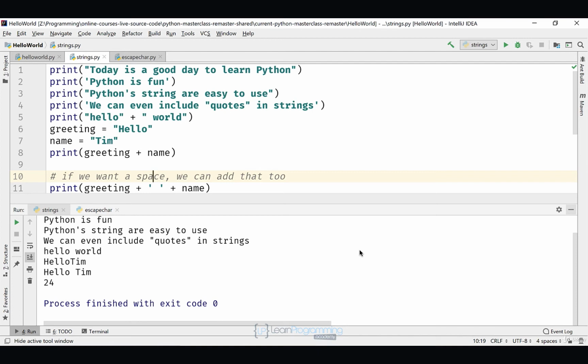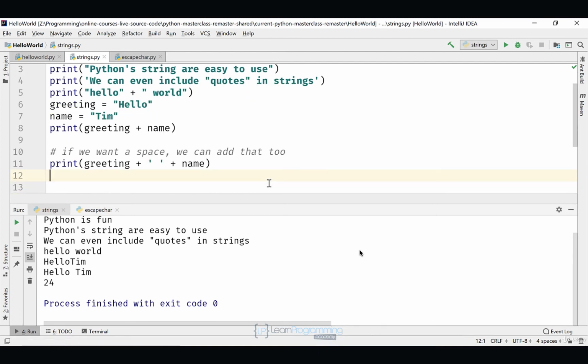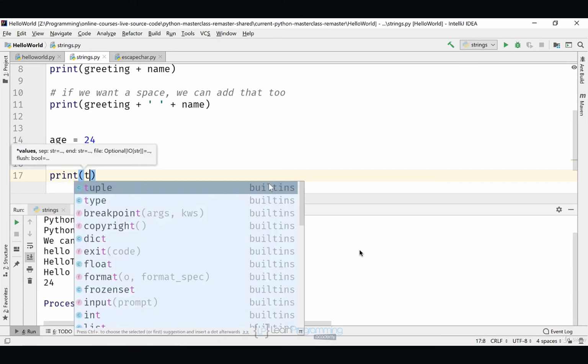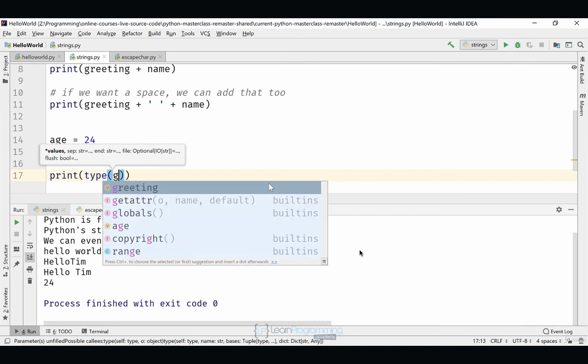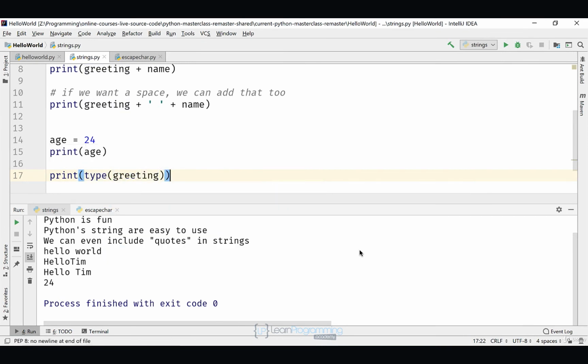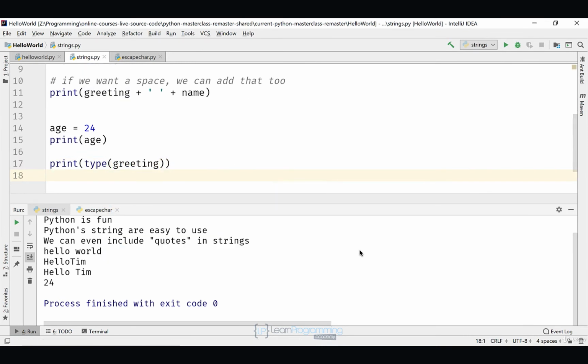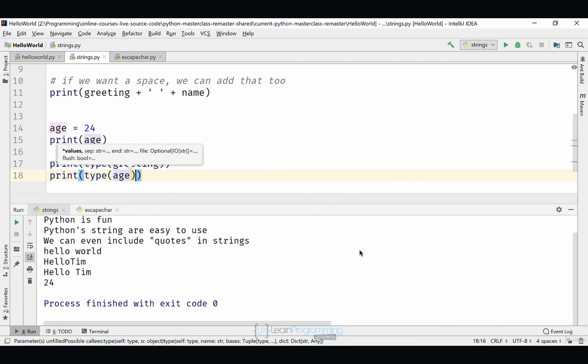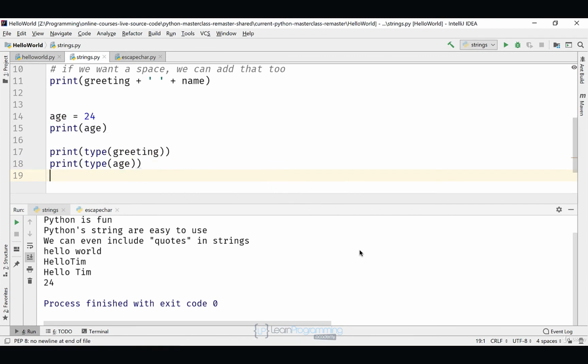I'm going to go ahead and type some code for that. So I'll come down here on line 17. I'm going to type print parentheses type parentheses greeting and the two closing parentheses. On line 18, print, same thing there, but this time with age. So type parentheses and age and the two closing right parentheses. So if we run this code now,